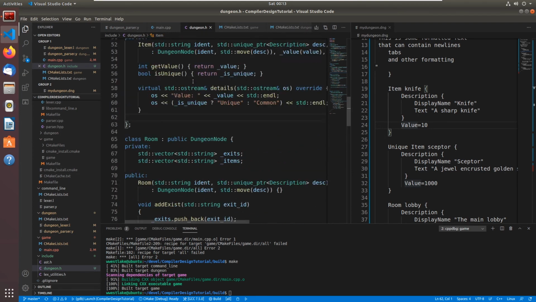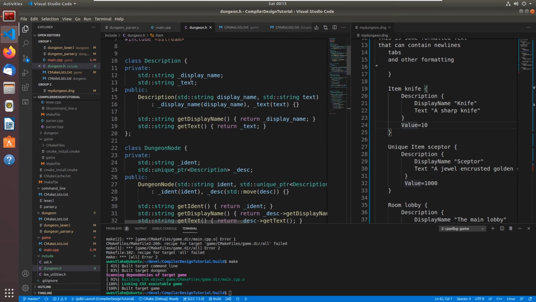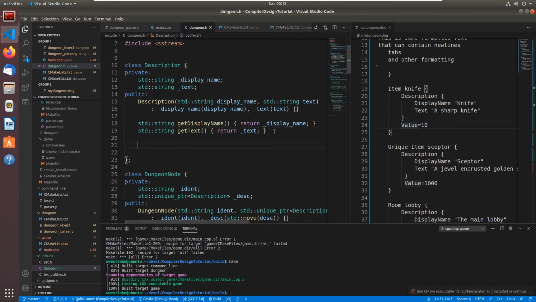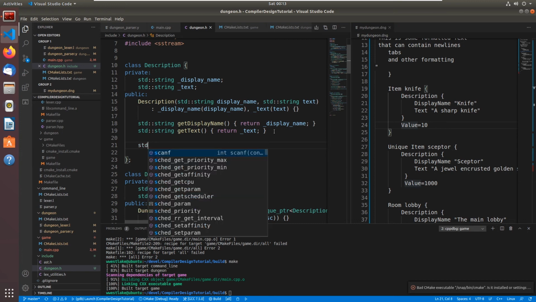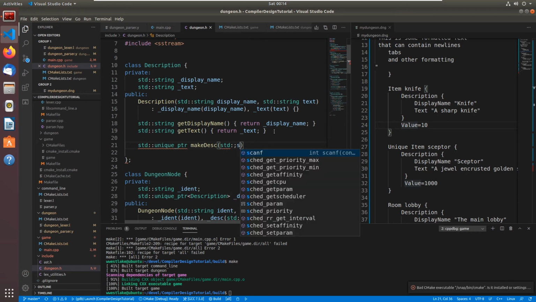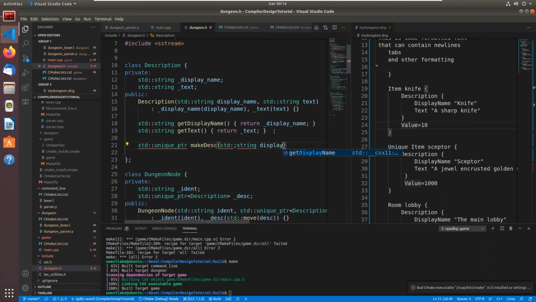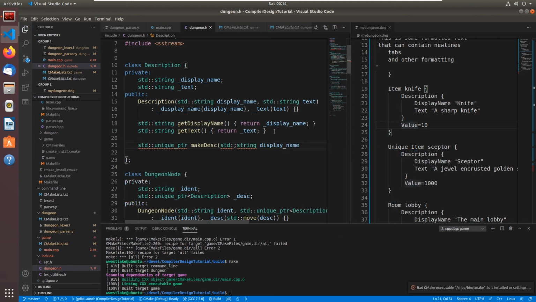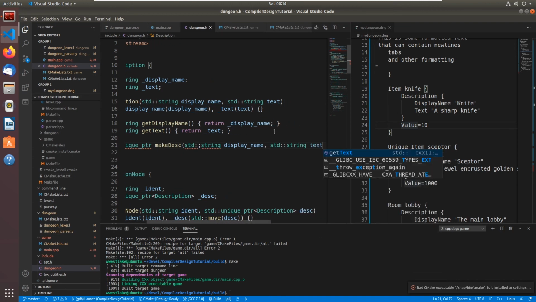So what we could do is come up here to description, do a standard unique pointer, make description, standard string, display name, display name, standard string text,